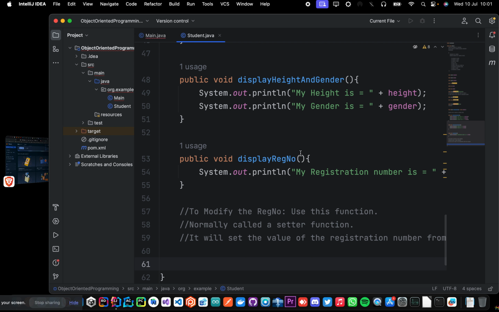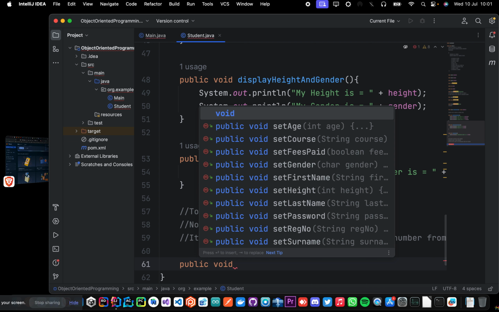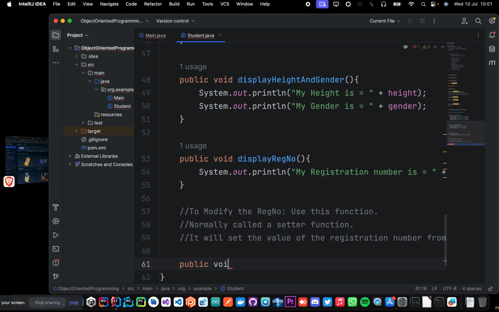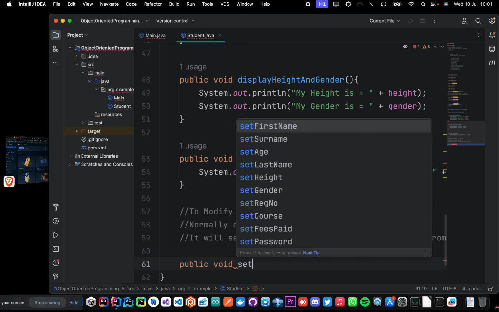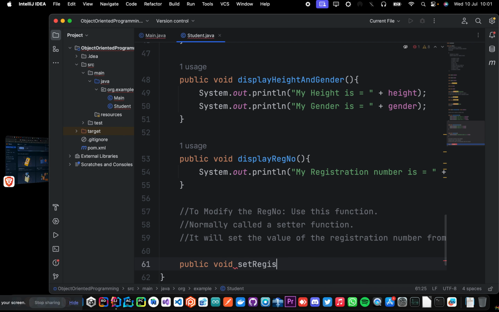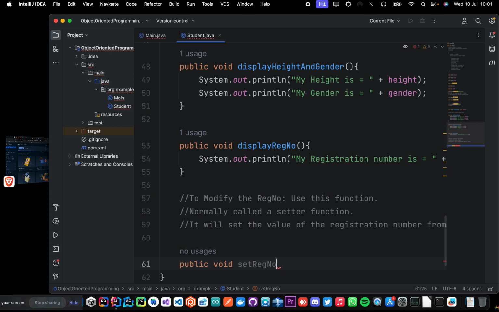So our method here has to have a parameter. We talked about parameters, and I know that you know what parameters are. And to create that method with a parameter, you can say public void setRegNumber,